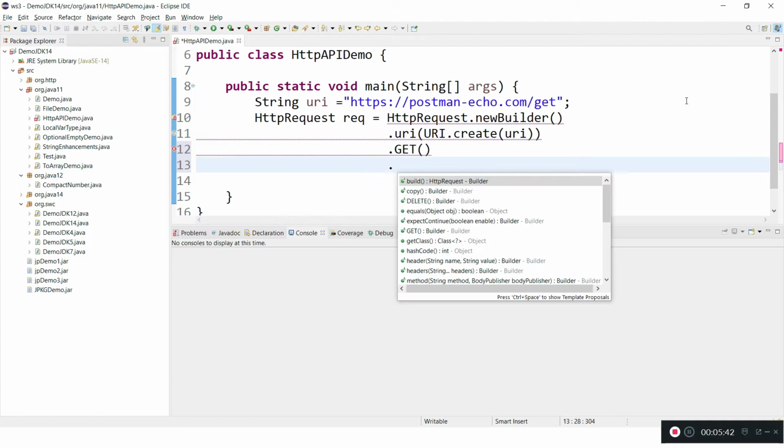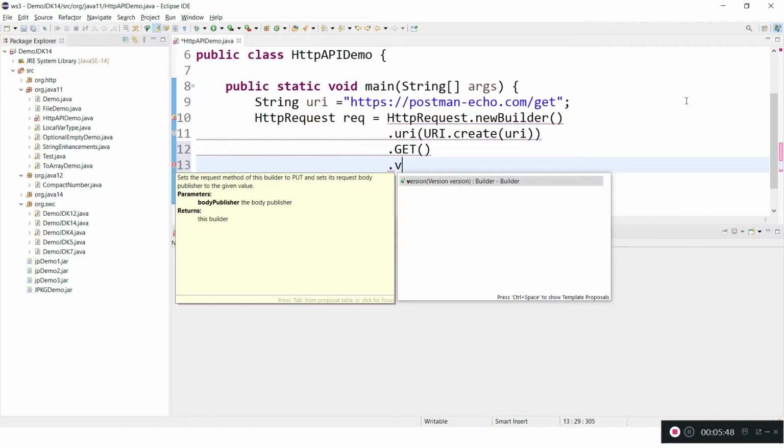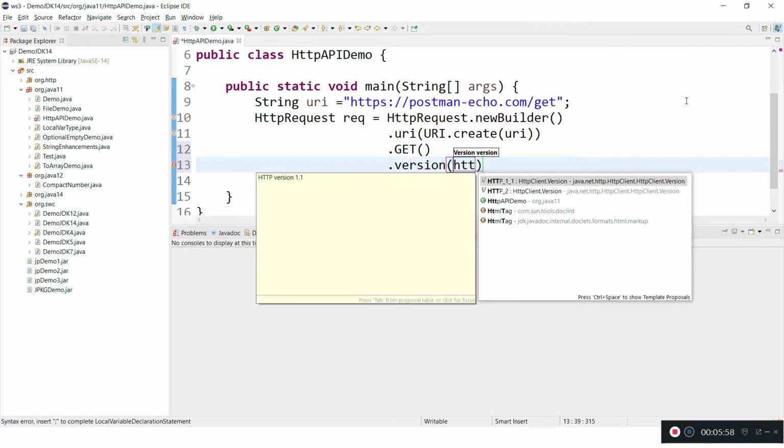And we can see if we have to set any other things, like we can set the version. This version is the HTTP protocol. We can say HTTP 1 or HTTP 2. So either one of these protocol versions can be set.